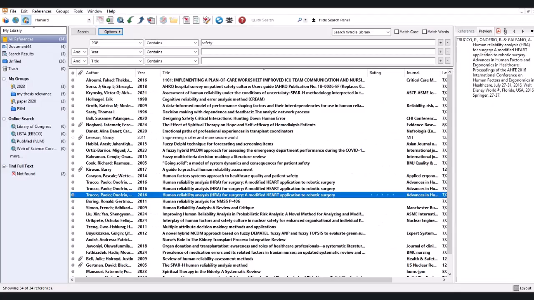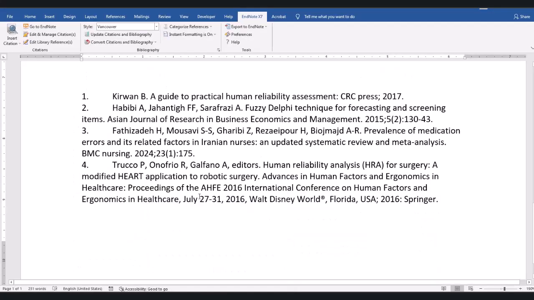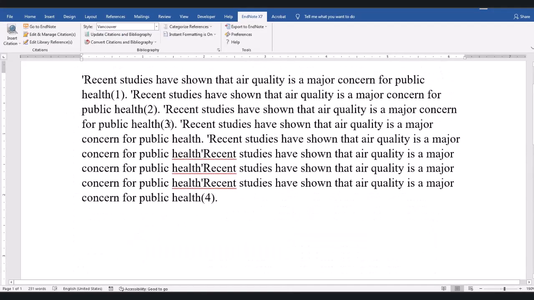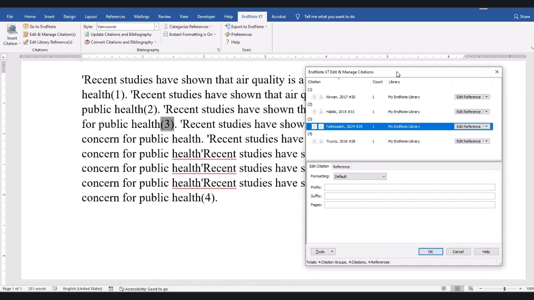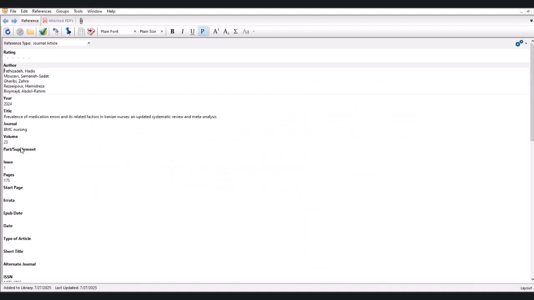Okay, I am editing my citation in Word. For example, I select this, and as you see it is converted to the gray one. Go to Edit and Manage Citations. This is Edit and Manage Citations. I can edit references. I can edit references in EndNote, for example volume 20,